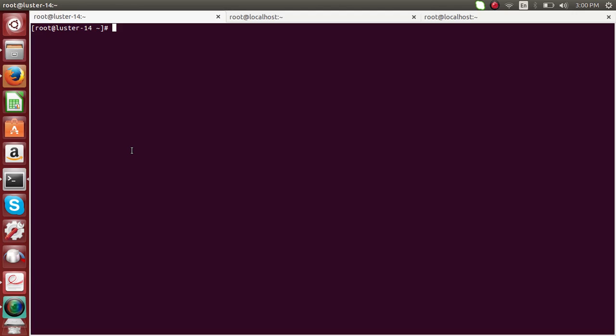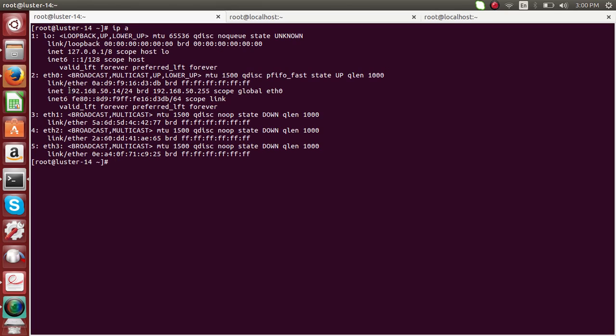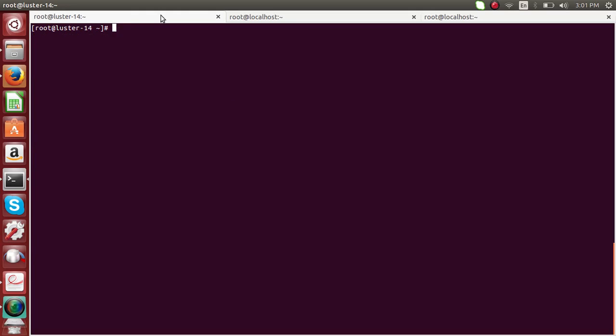I've taken a cluster of 3 machines with IPs 192.168.50.14, 192.168.50.13, and this is for client 192.168.50.15. So we need to have 3 machines networked together. All these 3 machines in a cluster are networked together, and I have taken 3 5 GB primary partitions